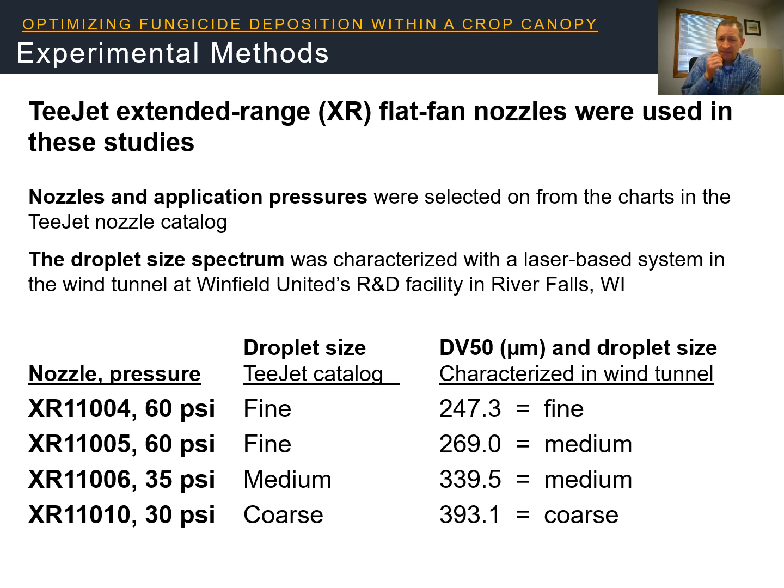What we found is that the droplet size, target droplet size for medium and coarse was spot on. But the nozzles and pressures that we were using to create fine droplets were actually producing a droplet size that was right at the boundary of fine and medium. And so either we were achieving a fine droplet on the coarsest end of the medium spectrum or a medium droplet on the very fine end of the medium spectrum. In either case,